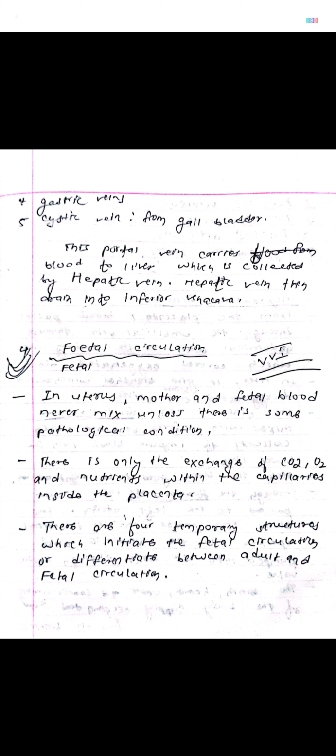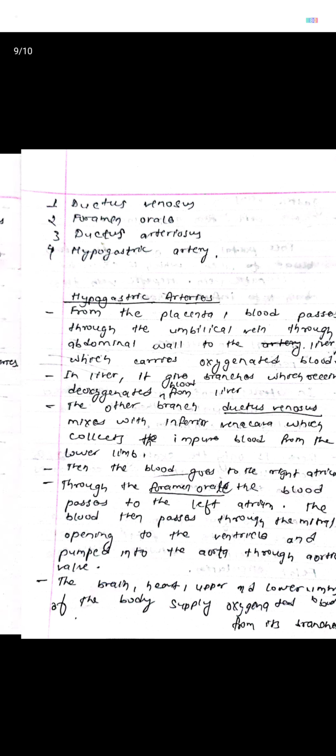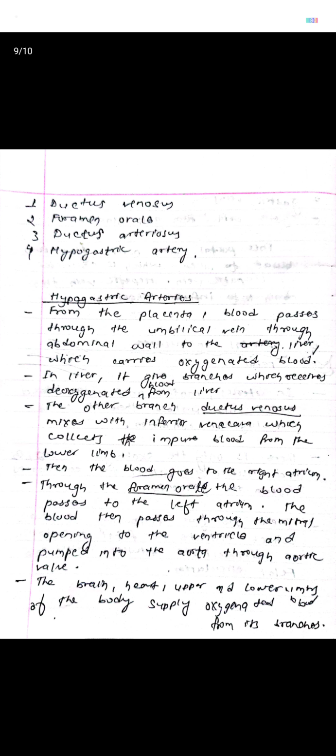Fetal circulation. It is very important. In the uterus, mother and fetal blood do not mix unless there is some pathological condition. There is only the exchange of carbon dioxide, oxygen and nutrients within the capillaries inside the placenta. There are 4 temporary structures which initiate the fetal circulation or differentiate between adult and fetal circulation: ductus venosus, foramen ovale, ductus arteriosus,